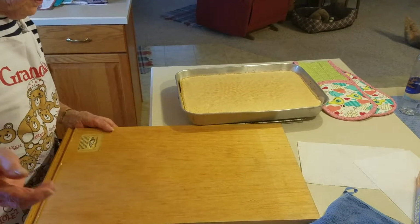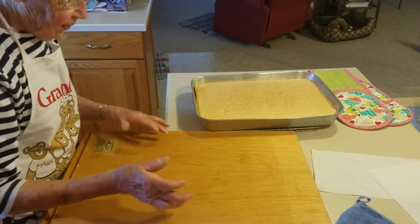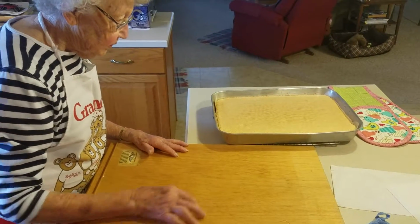Right. And then let it sit somewhere. I did it somewhere with wax paper. No, I almost dropped it. And you let it sit without wax paper, right? No, I'm going to put wax